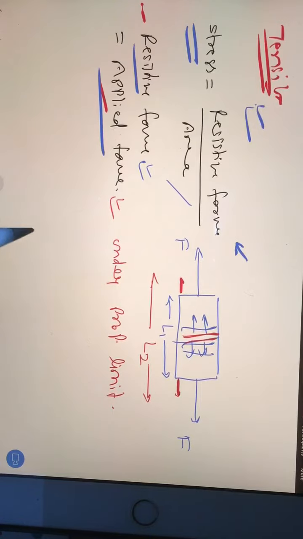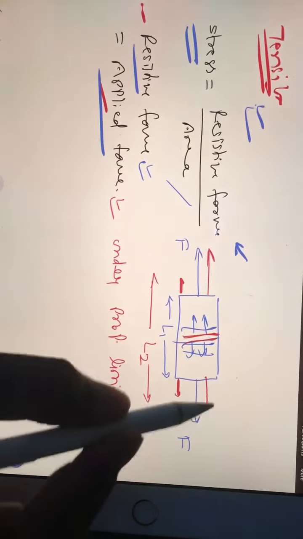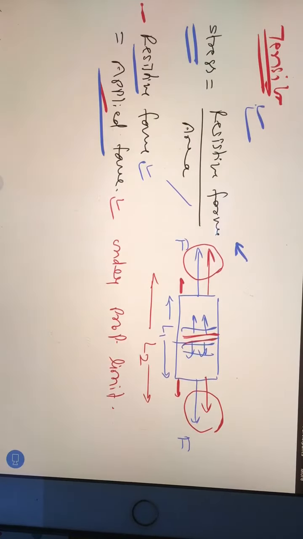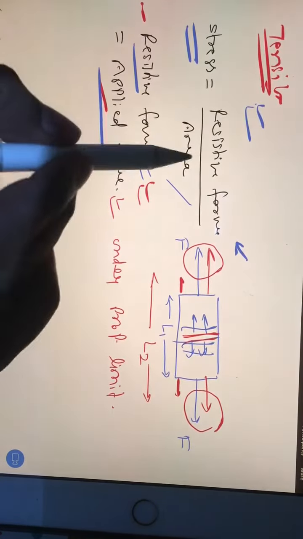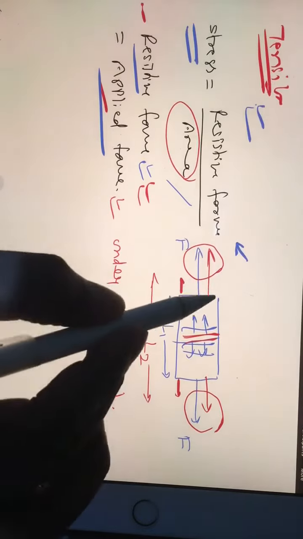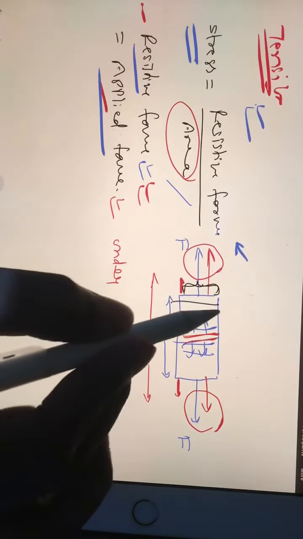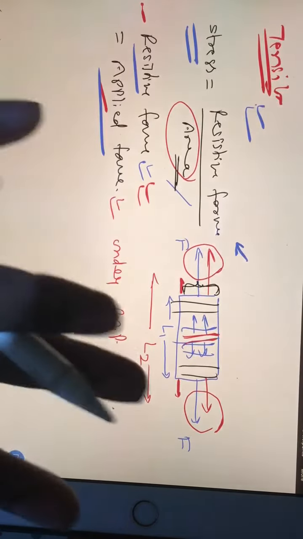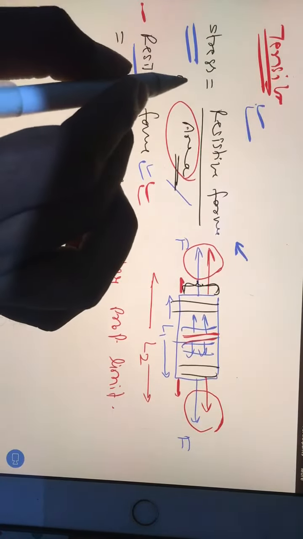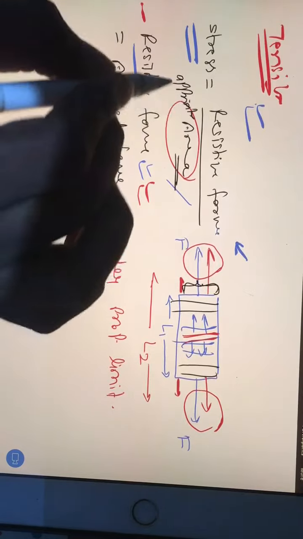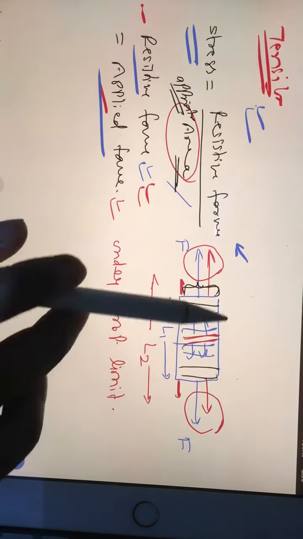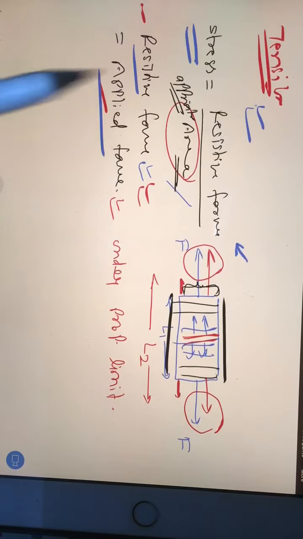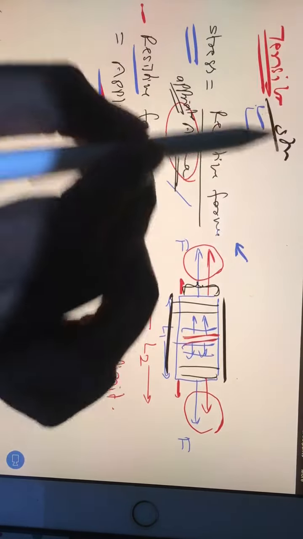So whatever force is given here, that force you will consider as a resistive force. And which area will you take into picture? This area, the cross section area, you will take. So you just write area, or you can write appropriate area. You have to take the correct area, you cannot take this area or this area, right? So in case of tensile stress, this is the situation.